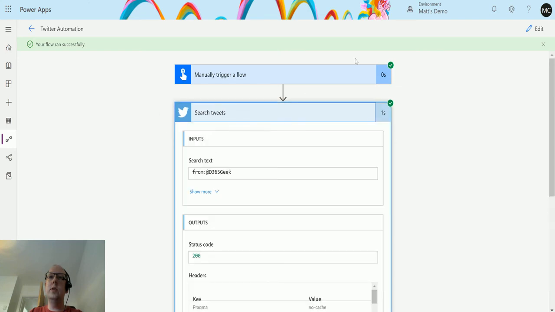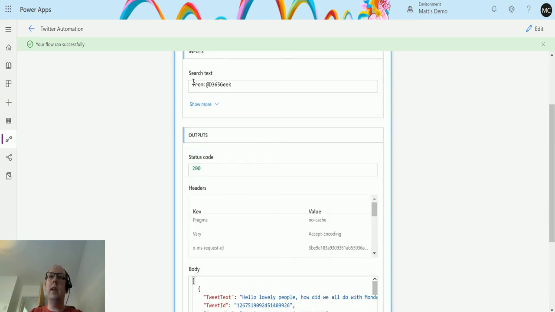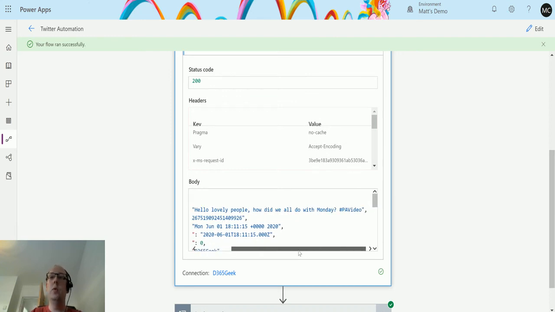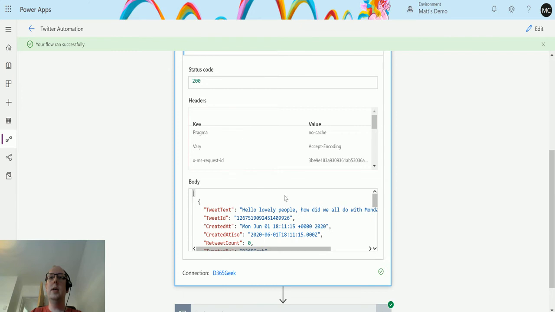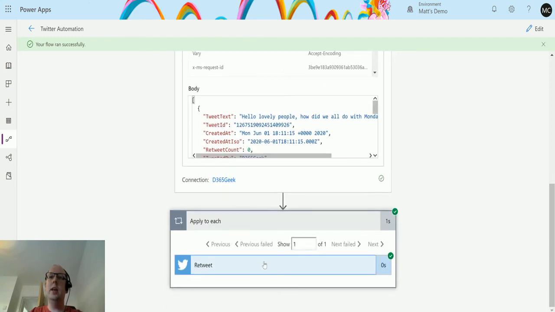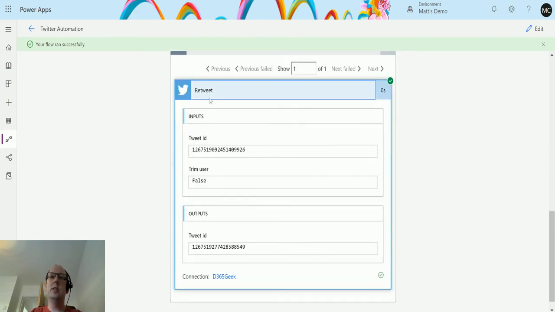So yay, search tweets found the last one from at D365Geek. We can see in here the tweet text, hello lovely people, how did we all do with Monday? Hashtag PA video. The retweet count is 0 at the moment, we'll see if that updates. And then the apply to each, and it looks like it's successfully retweeted. So trim user false, tweet ID, and then it's giving me a new tweet ID for that retweet. So we switch back to Twitter,